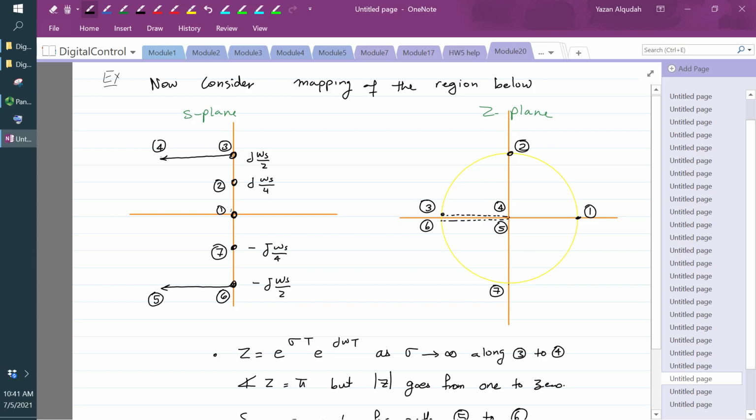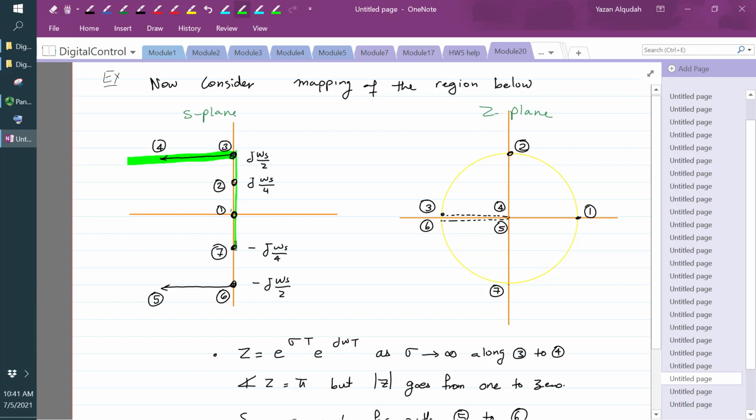I'm going to choose these points as j omega s over 4, j omega s over 2, negative j omega s over 4, and negative j omega s over 2. So I want to see how this line or this line maps